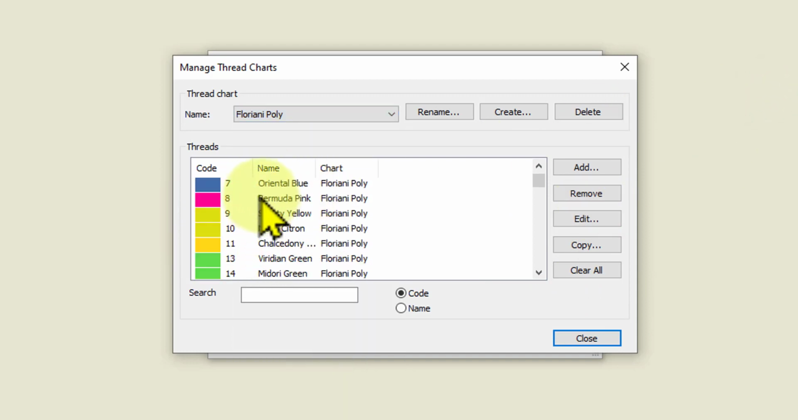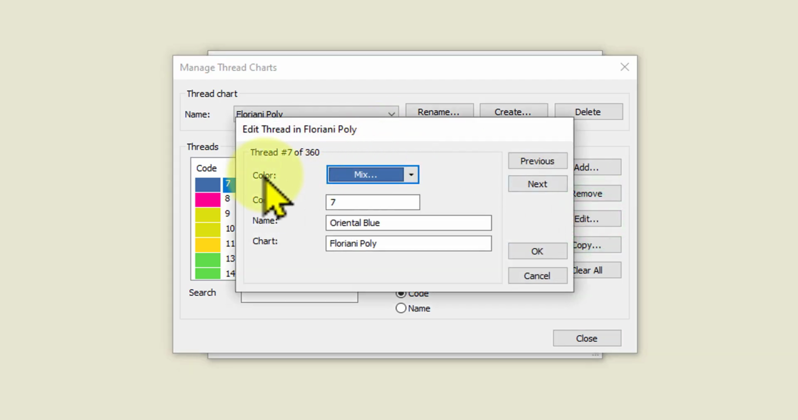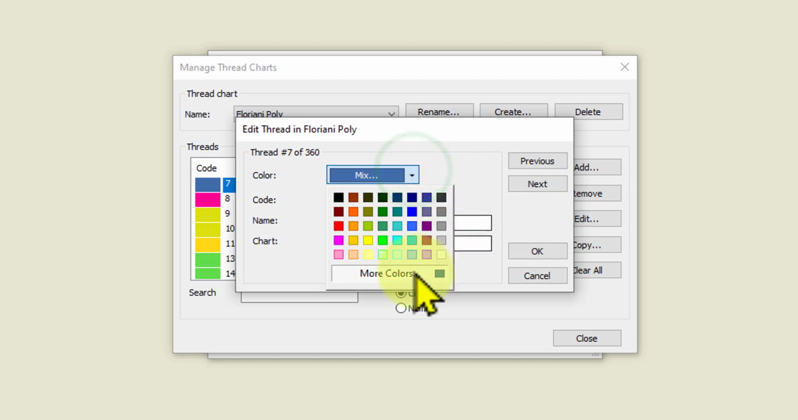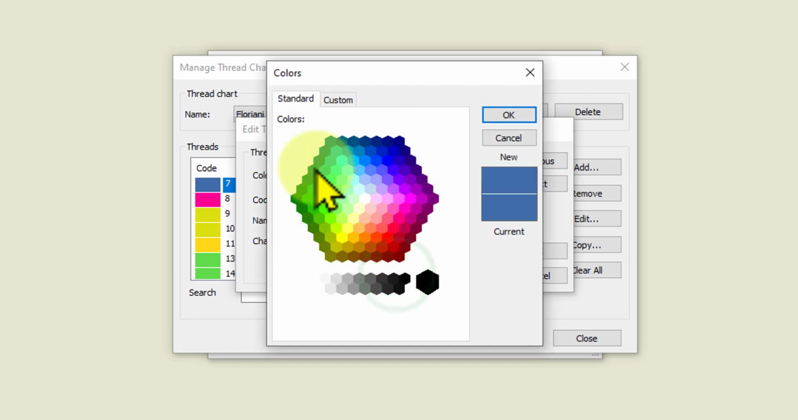So say the Oriental Blue for Floriani here, I'm not happy with the colour that's showing up on my screen. It doesn't really look like the actual thread I've got if I hold it up next to the screen. So you can actually edit that colour, and you can come here to the colour and mix it. You've got some standard colours there, but you can click on more colours,